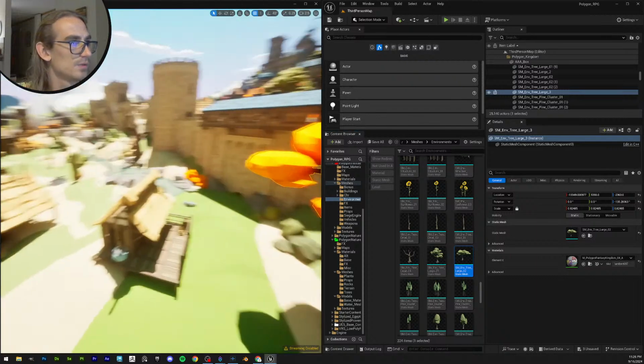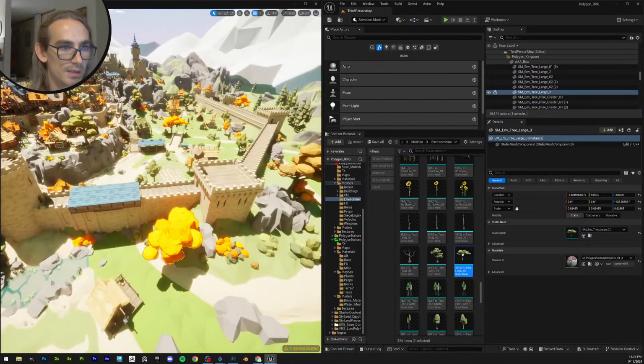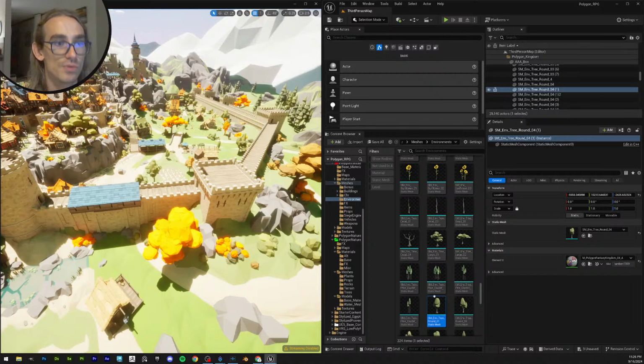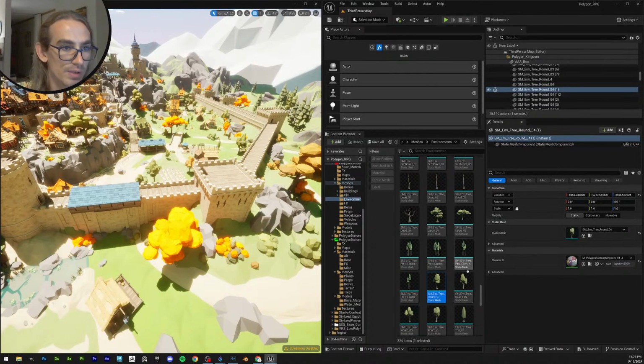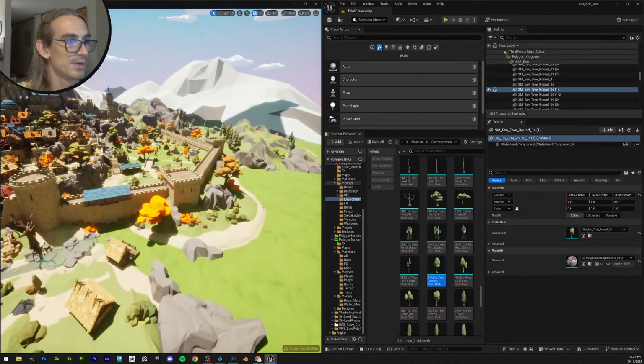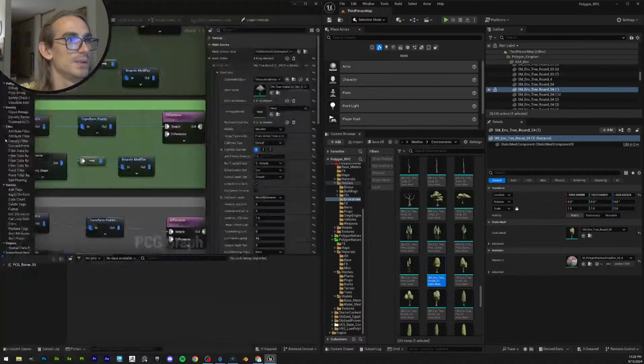Okay, so tree. Okay, is this the same? Tree round. Okay, so we're going to use these trees in the PCG graph, and then we're going to change the material. Okay, now I understand what happened actually. So here I'm going to